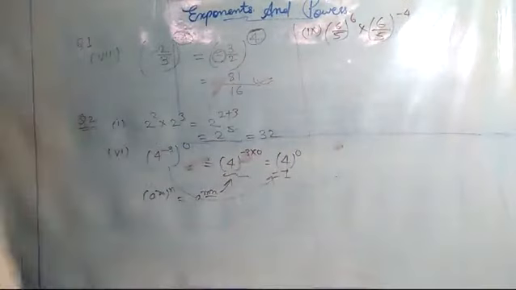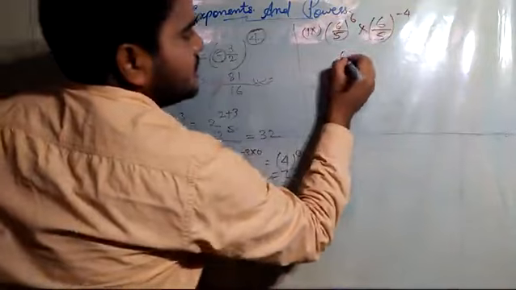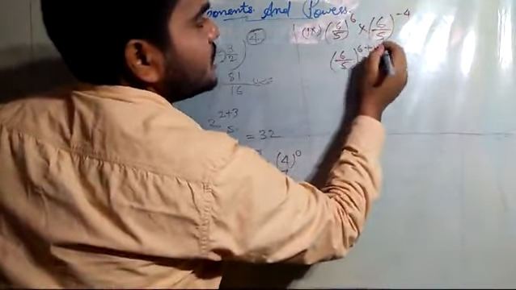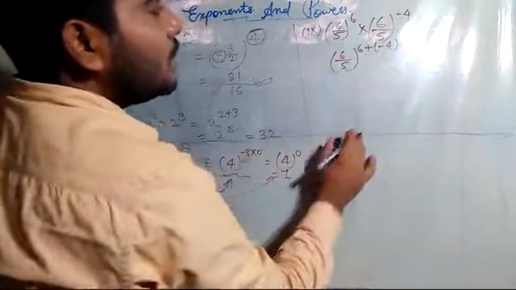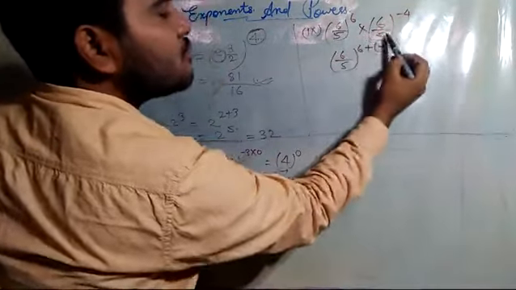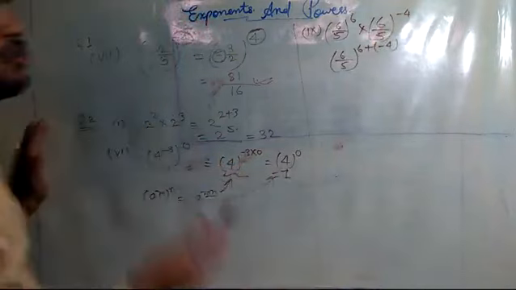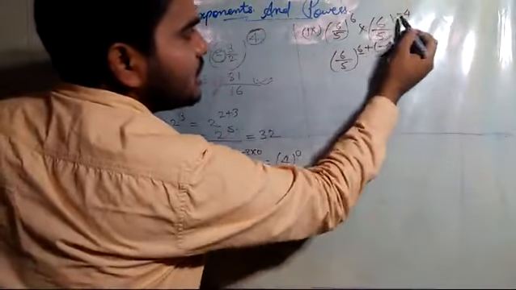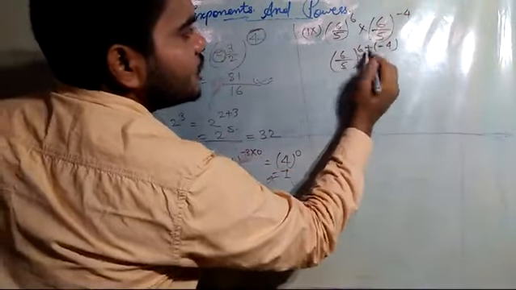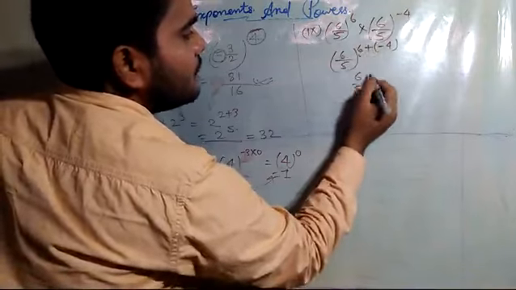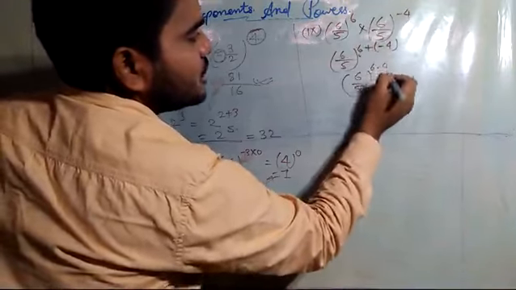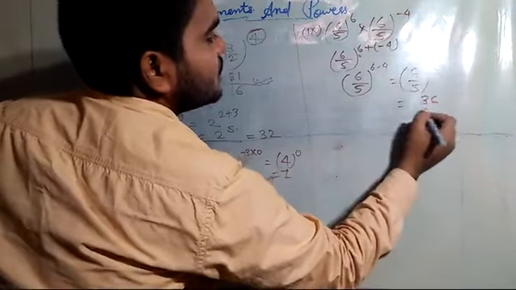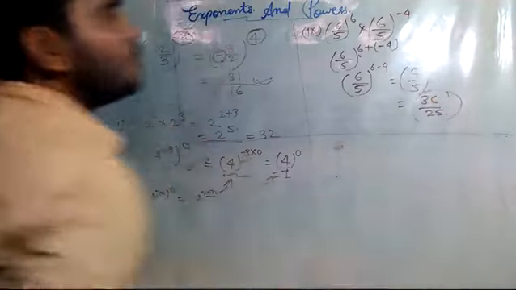Now can we solve this one? See, (6/5) raised to the power 6 plus minus 4. The bases are the same, 6 by 5 and 6 by 5, and multiplication is there. I told you when the base is the same, we can add the powers. So the power is added: the first number was 6, the other was minus 4, with an addition. So (6/5) raised to the power 6 minus 4, that means (6/5) squared, that means 36 by 25. I hope this is clear.